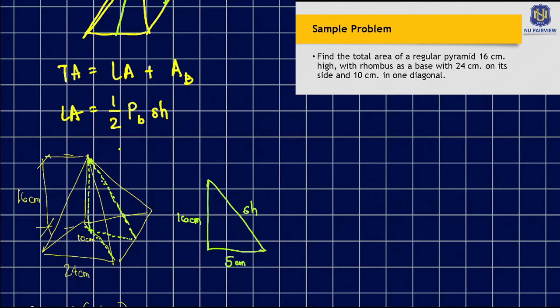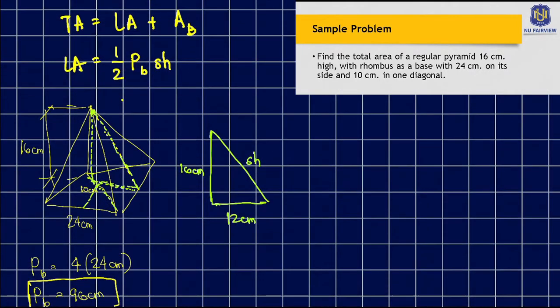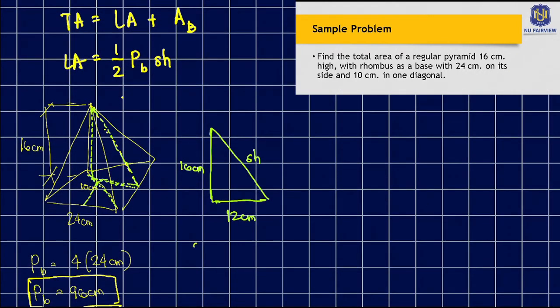Okay, this is not a 5 pala. This is a 12. Okay. So, paano naging 12 yon? Kasi ito po ay gitna. Since gitna to, kalahati siya ng inyong 24. Okay? Now, makukuha na natin ang ating slant height. So, I hope malinaw sa inyo ito. So, ito yung triangle. Midpoint to,